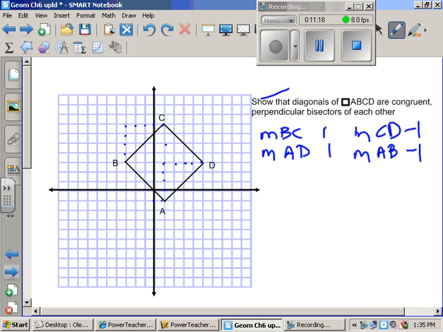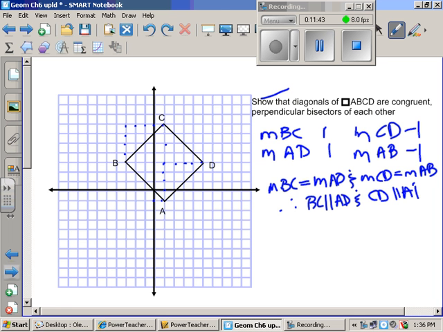And 4 over 4, negative 1 as well. Okay, so the slope of BC is equal to the slope of AD, and the slope of CD is equal to the slope of AB. Therefore, BC is parallel to AD, and CD is parallel to AB. Okay? So ABCD is a parallelogram. Okay, if it's a parallelogram, then